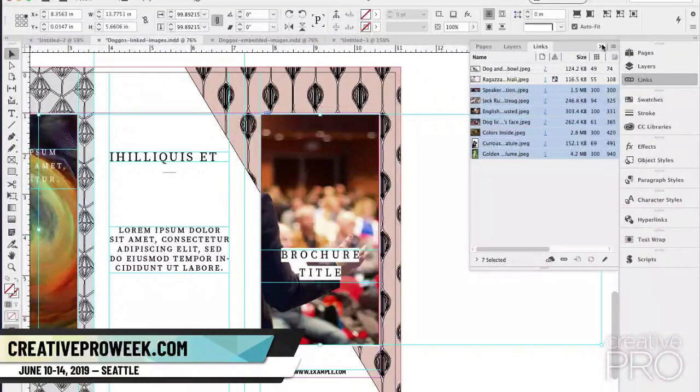It's kind of like Package. A lot of people use the Package feature, and with Package you package everything up, including the InDesign document. This feature, I love that feature. Copy Links To is like a partial package. It does one thing the package does: it just grabs the links and puts just the ones you want in a folder. Love that feature. All right, we better finish up here.